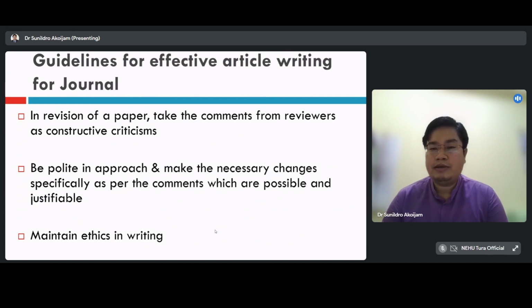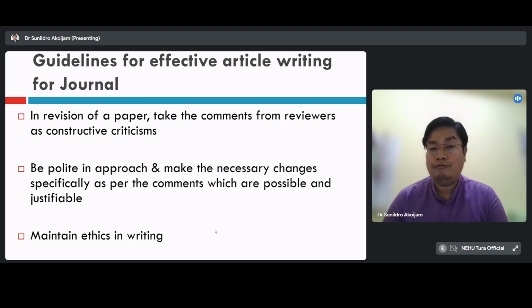If you are agreeing to some of the comments, then you try to rectify accordingly. But in case you are not accepting the comments or the arguments put forward by reviewers, then also you should be very formal and very professional in how you counter. Very politely you have to say, okay sir, I don't agree with this argument, or maybe, let's say, the comment, because you have to give the reasons. You have to put forward the rationale for why you are not supporting the argument.